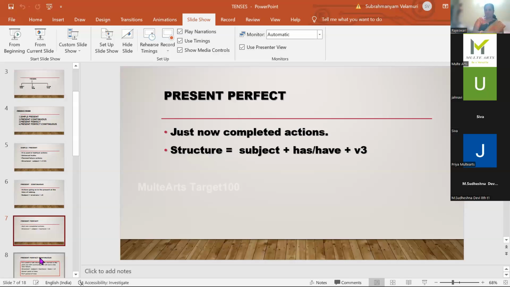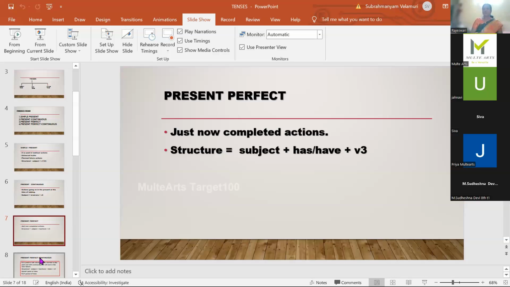By the time I reached the station, just now the train left. Where is the train? Just now it left. Just now it happened. Can you please post this? Just now I have gone to the post office and just now only I have come. When your mother asks you something, and you have just come from college, at that time you don't say, now only I came. That is the wrong way of speaking. Say, just now I have come.